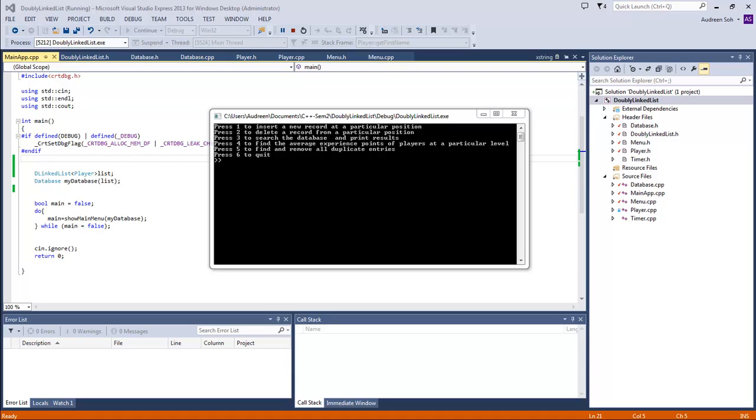Hi, so this is my Doubly list CA, and I'm gonna run through the app first and then the code after showing how it runs. So I'm gonna just insert players into the list. So it's one,